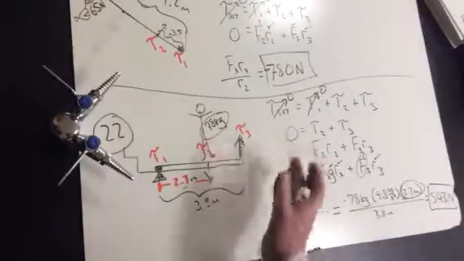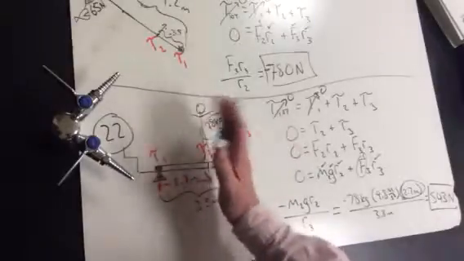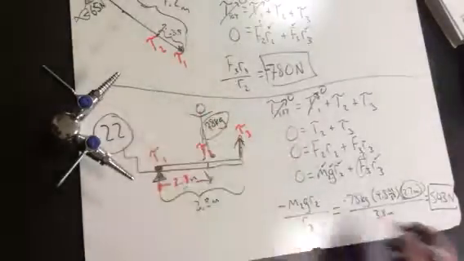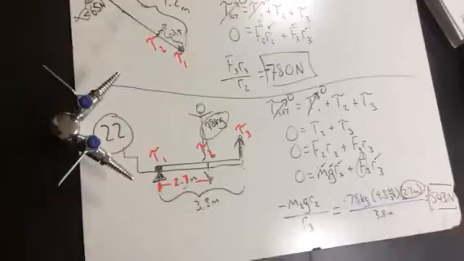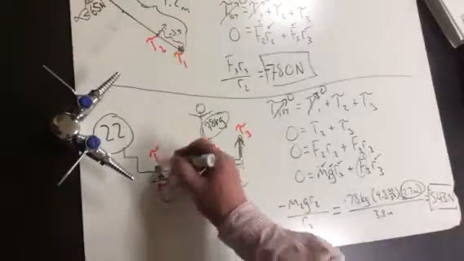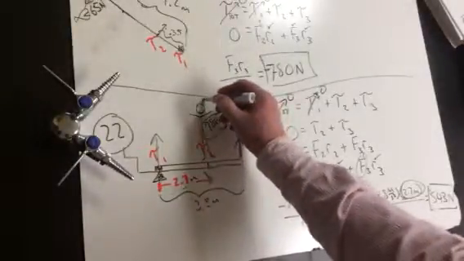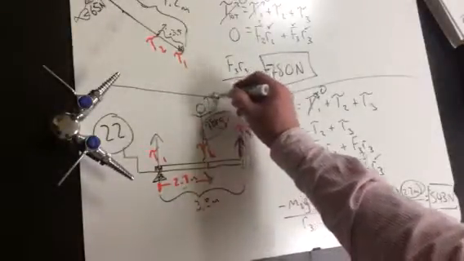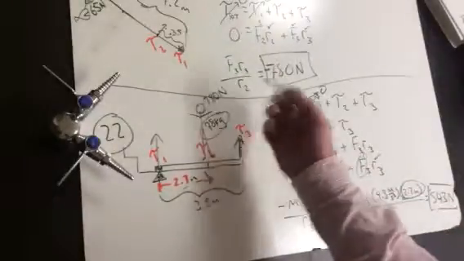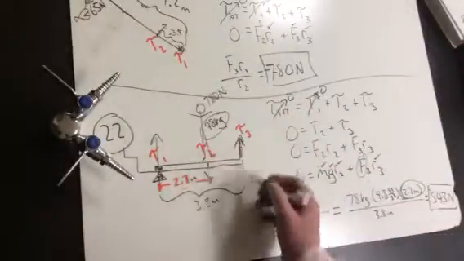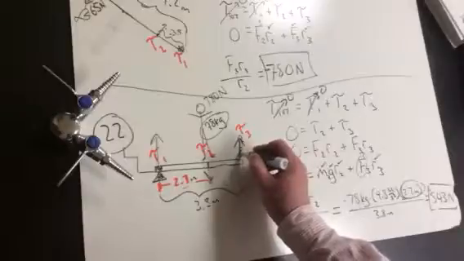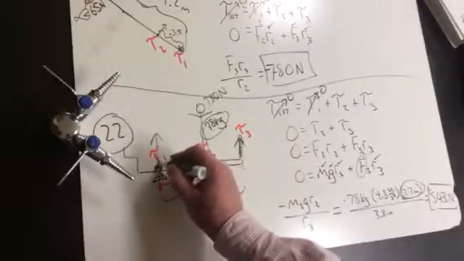Since it's going up and it's causing a positive rotation because it's going counterclockwise, this is a positive number. And if you want to know what this force is, the force of the step, this person has a weight of 780 newtons. 78 times 9.8 is about 780. If this is 543, then this has got to be about